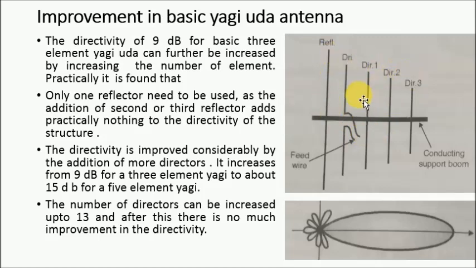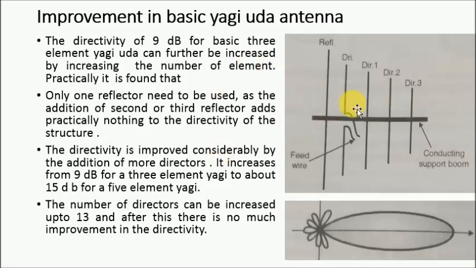And you can see the structure here. One is the dipole, then the elements are connected. This is called the director, and the directors can be connected like this. Again, the directivity is improved because of the number of directors. If the number of directors increases, it will increase the directivity. It is very simple, because a 3-element Yagi-Uda antenna has near about 9 dB of gain or directivity, and it can be increased.